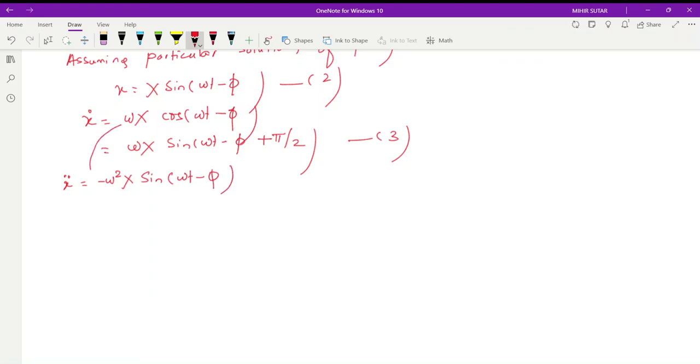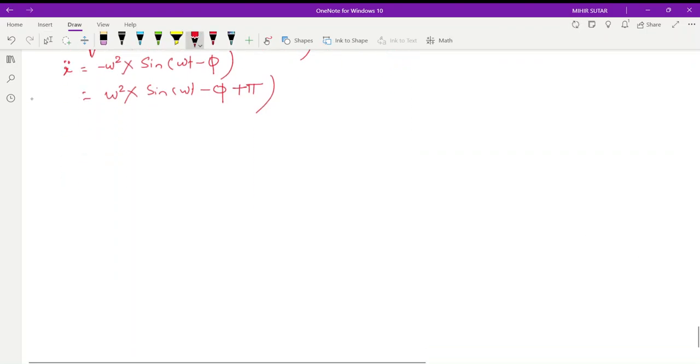Okay, if you differentiate this omega X cos omega t minus phi, it will be minus omega square X sine omega t minus phi, or we can write this as omega square X sine omega t minus phi plus pi. Okay. Now, substituting the value